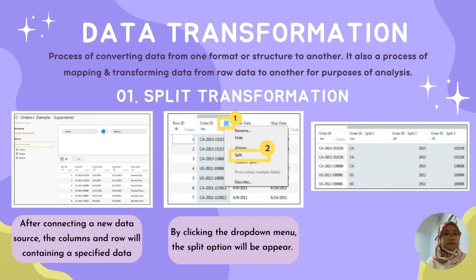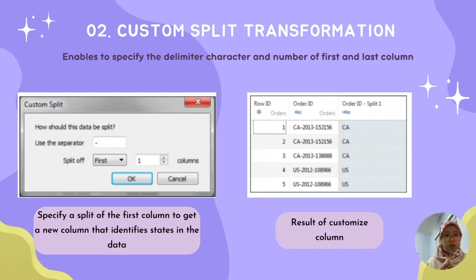So for the second option, we can also customize the split transformation data, which is by specifying the split of the first column to get a new column that can identify states in the data. The function of the custom split transformation is that it enables you to specify the delimiter character and the number of first and last columns, depending on what column you desire to split. So for the example,